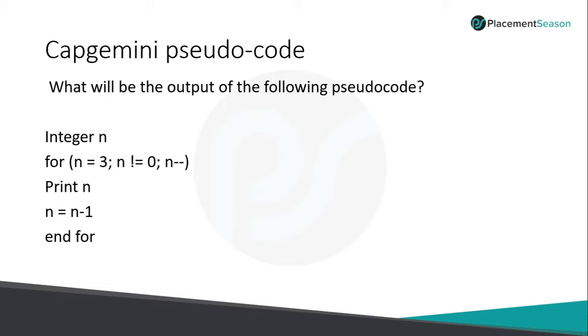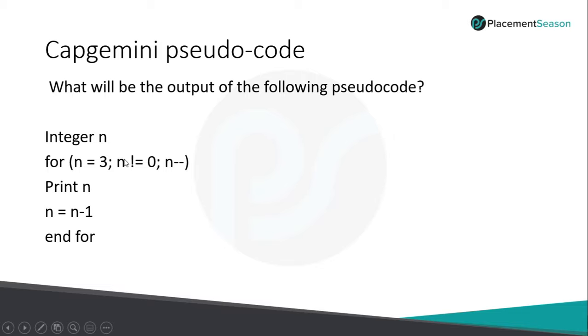If you execute this code, it will go into an infinite loop. The reason is you are checking the value of integer n equal to 3, and this condition is satisfied. The condition is true, it is not equal to 0. So it prints 3 here and then it will reduce the value from 3 to 2. Again it will reduce the value to n equal to 1. Here we have used two decrement operators. One is this one and the second one is this one. So from 3 it will go to 1, not to 0.